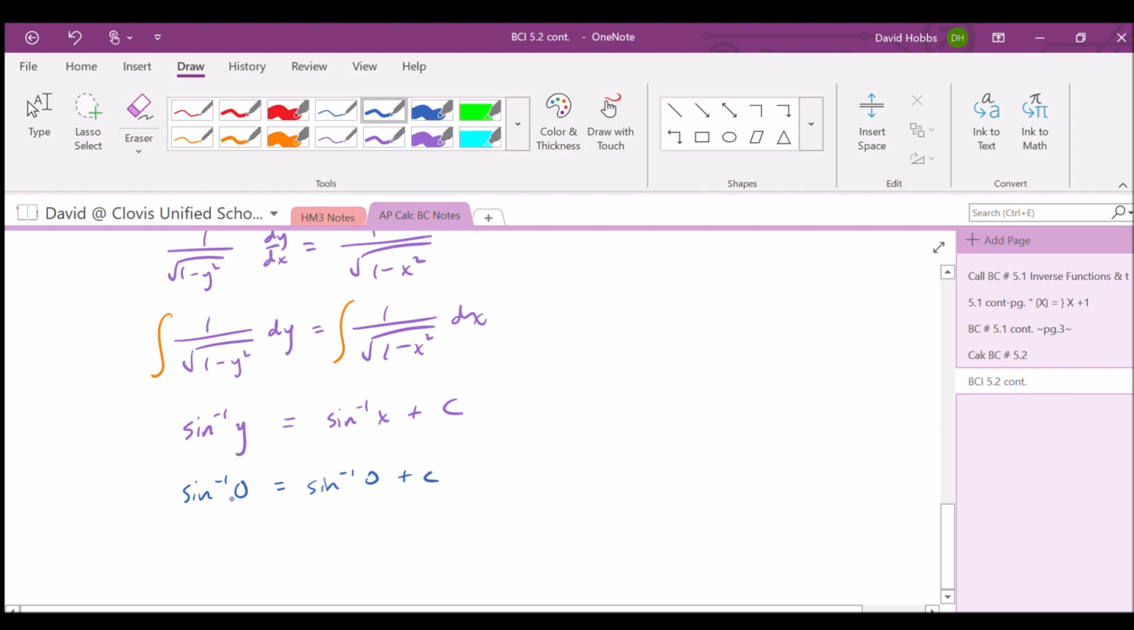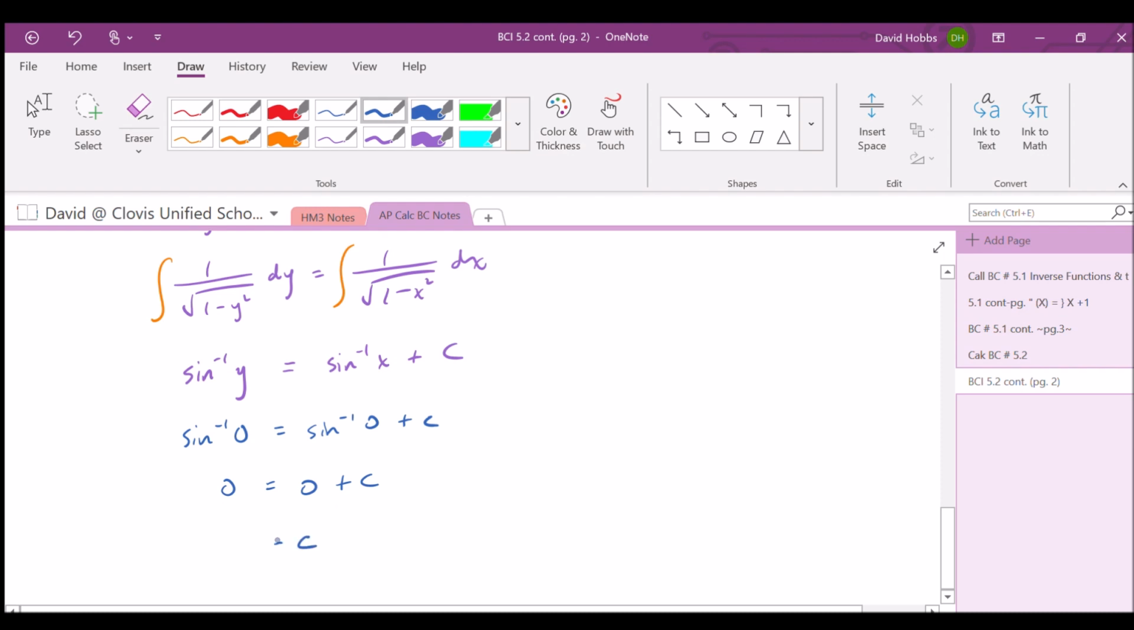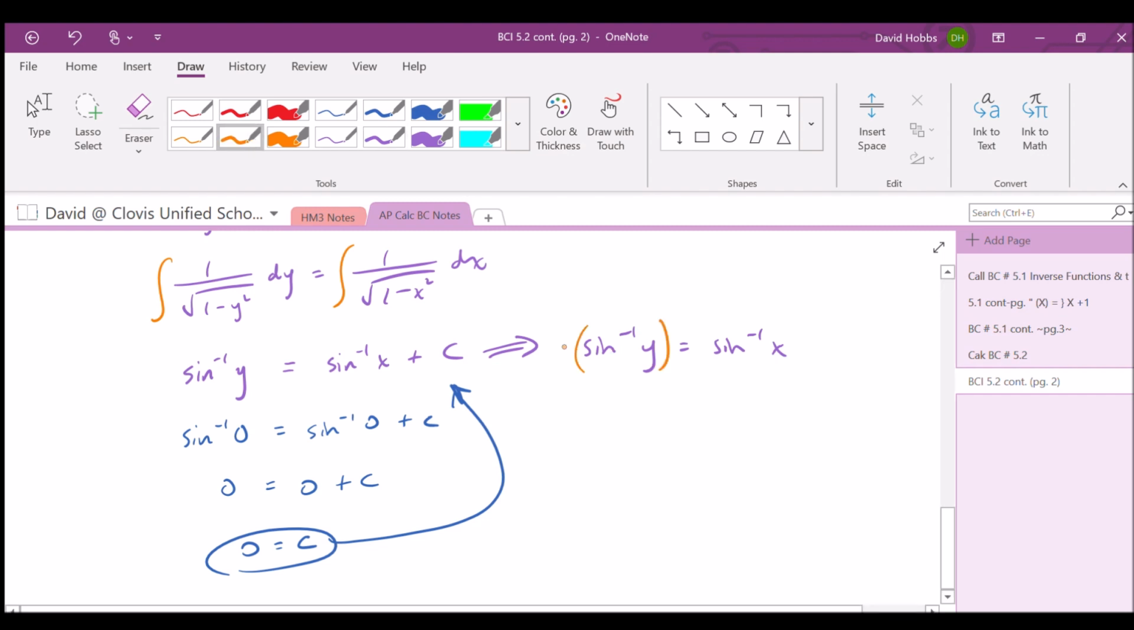Okay, what's inverse sine of 0? What is the angle that has a sine of 0? 0. So 0 plus, so c is 0. Okay, so c is 0. Okay, so we've got inverse sine of y equals inverse sine of x. And I want to get y all by itself. Well, what's the inverse of inverse sine? Sine. And so